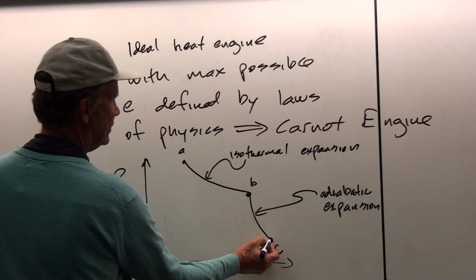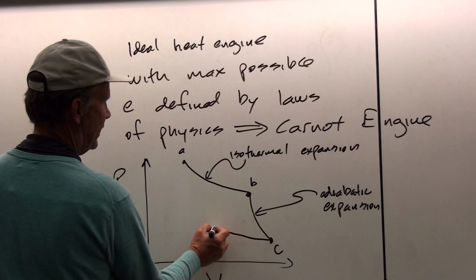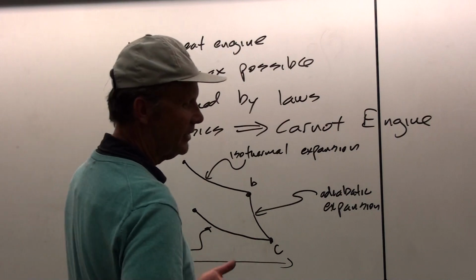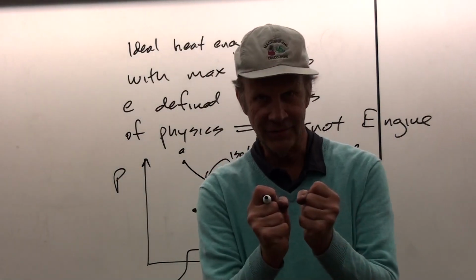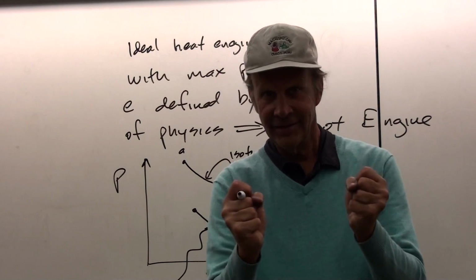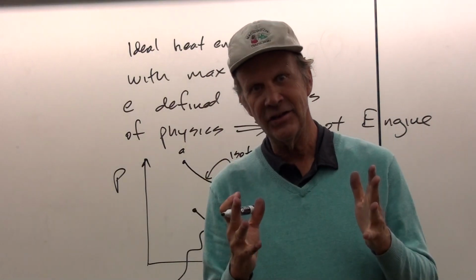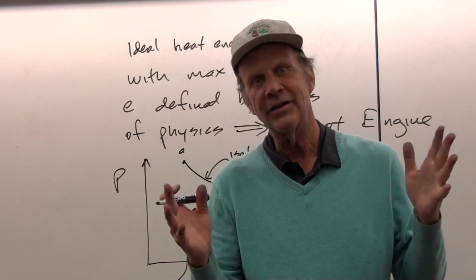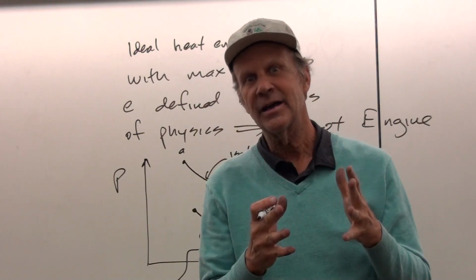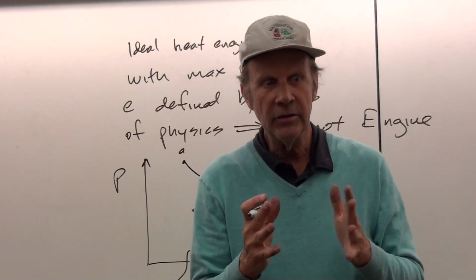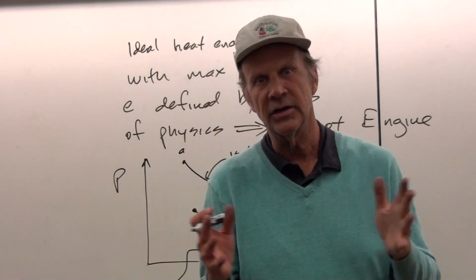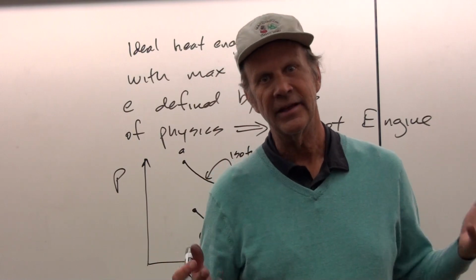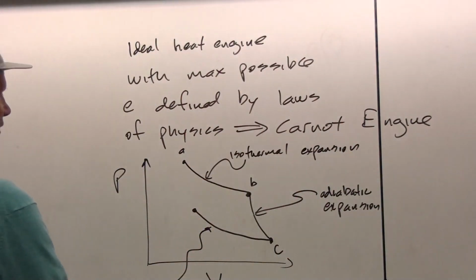And then from C to D, we have an isothermal compression. This again will take a long time, because to maintain equilibrium, if you start to expand a gas, you expand it a little bit, but then you've got to let it achieve thermal equilibrium again with the environment, and then expand it again. It'll cool off, but you have to wait for it to absorb energy, so it's in an increment of little tiny stages where you've got to wait for the thermal equilibrium to reestablish itself. And so that's why it takes so long for these isothermal things to happen.